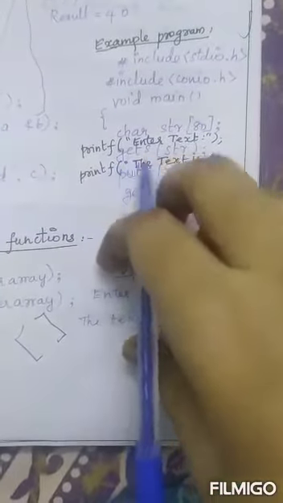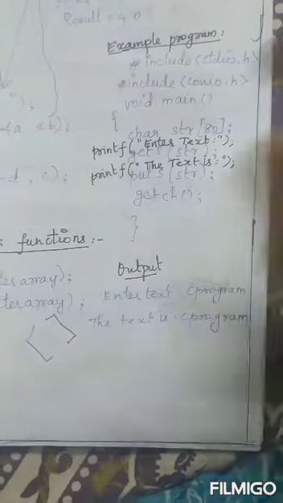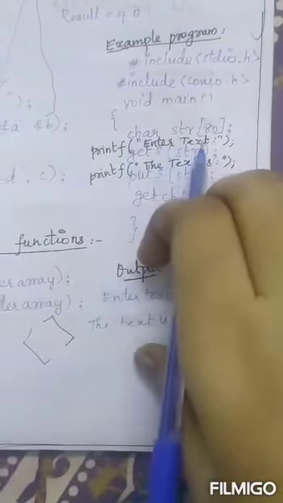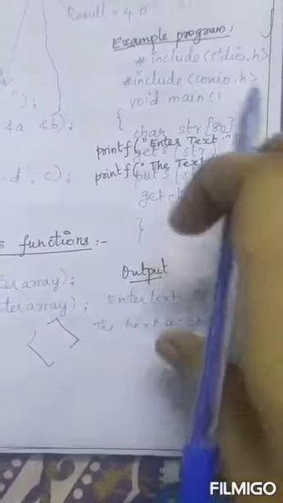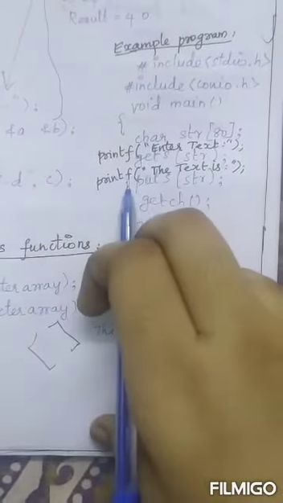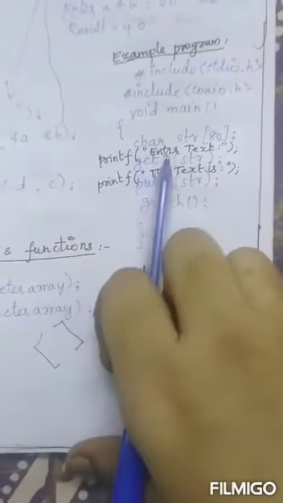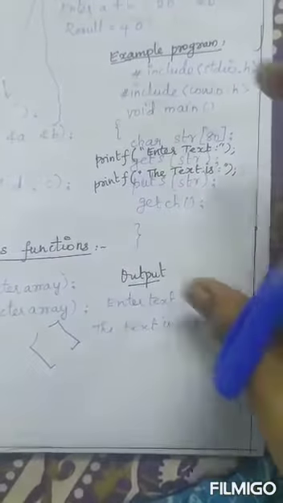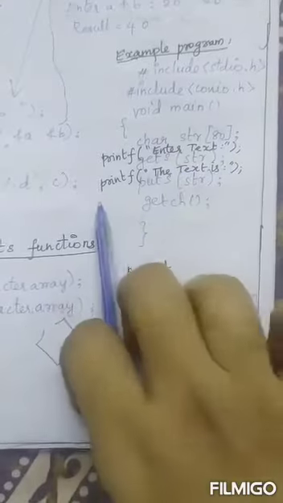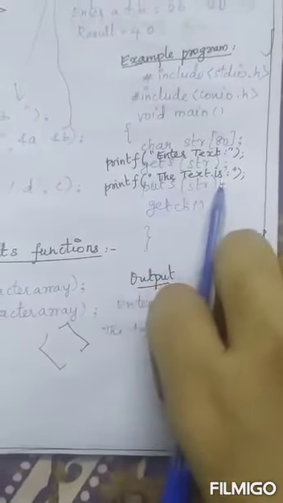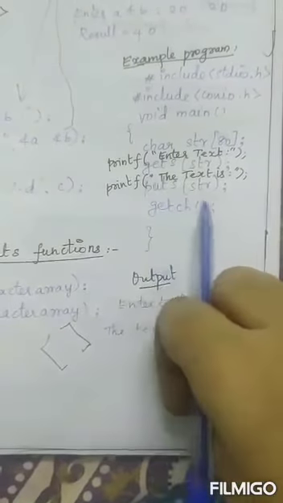Next, in this printf statement I am going to enter the text. Note another thing: I am not using any scanf statement after this printf statement, because gets and puts themselves act like scanf and printf. So if the printf statement says enter text, next comes the gets statement, where inside the bracket I give string. Another printf statement says the text is, which will be displayed in the output. Then the puts statement is string, and then getch.